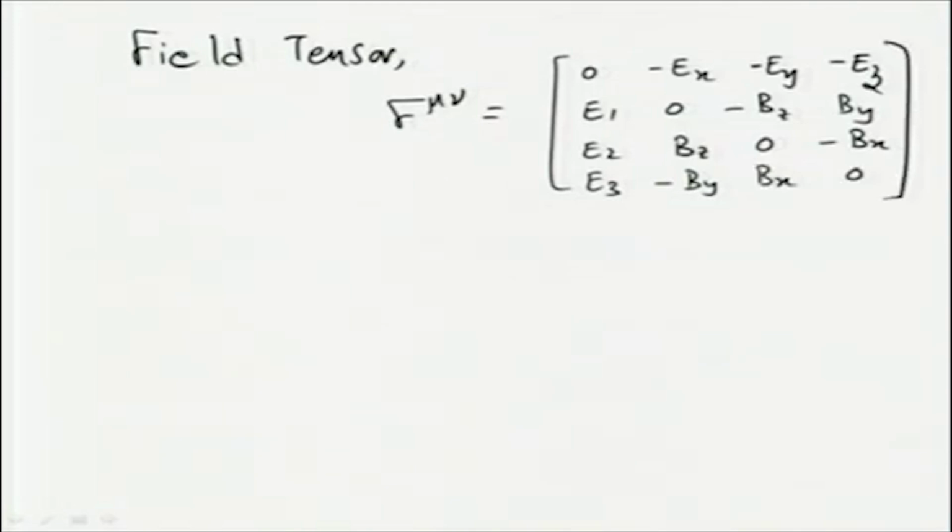So, this is what we had written down yesterday, and the property is that F mu nu is equal to minus F nu mu, antisymmetric under the interchange of these two indices mu and nu,